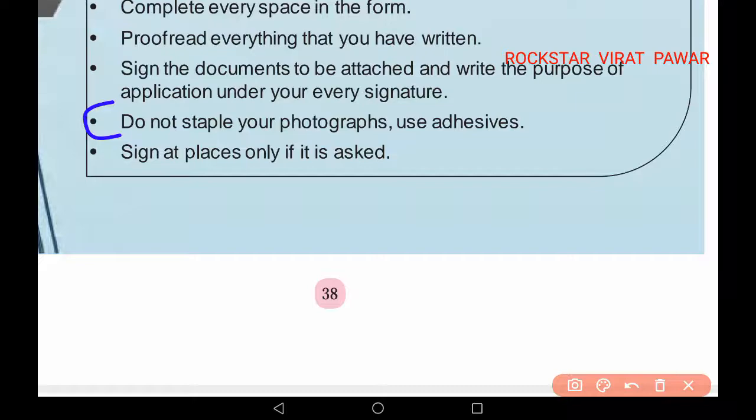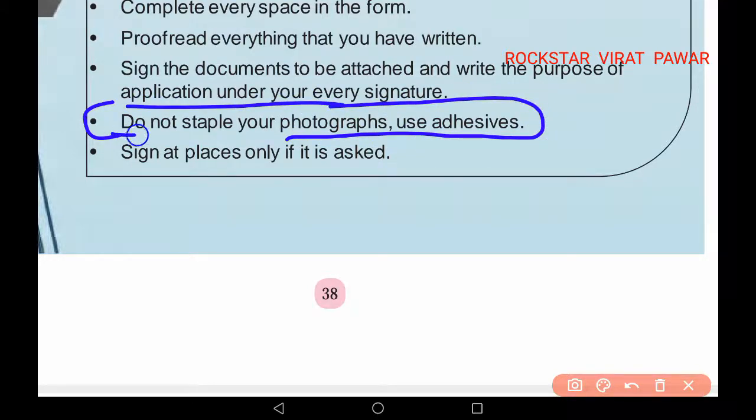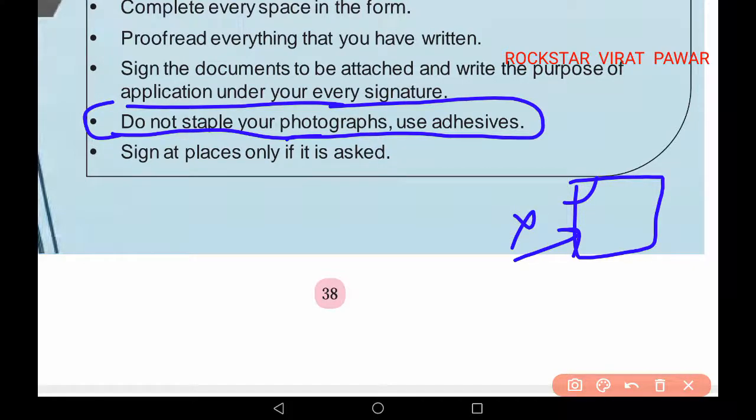Do not staple your photographs, use adhesive. The one thing we are asked in the form is to attach our photographs, and many students just staple the photographs, but it is not very good.